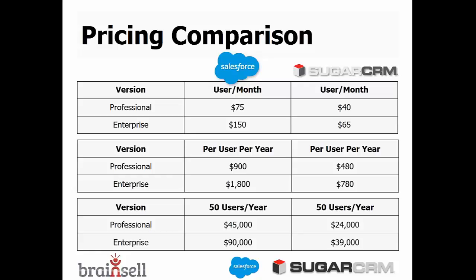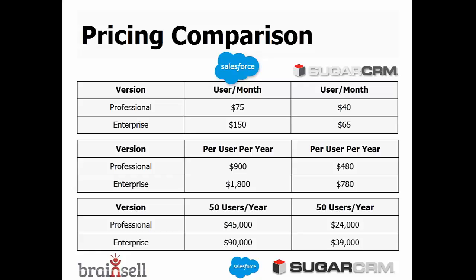The inflection point, Salesforce has a higher monthly cost, higher annual cost. So depending on add-ons and things like that, the inflection point is somewhere around 5 or 6 users. What I mean by the inflection point is where it becomes more sensible to buy 10 users of Sugar instead of 5 or 6 users of Salesforce. So the pricing becomes about the same. There still may be indications that one tool is better than the other for your particular application, but as far as pricing only, it's about a wash at about 5 or 6.